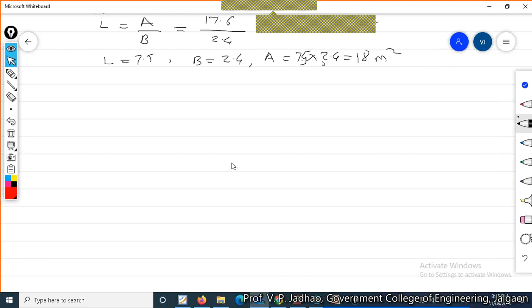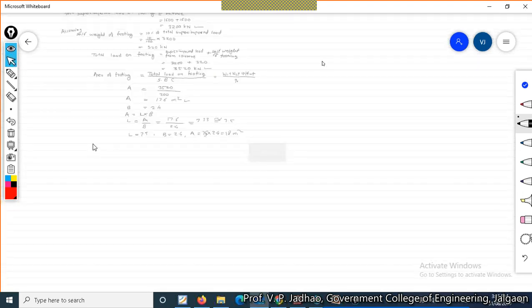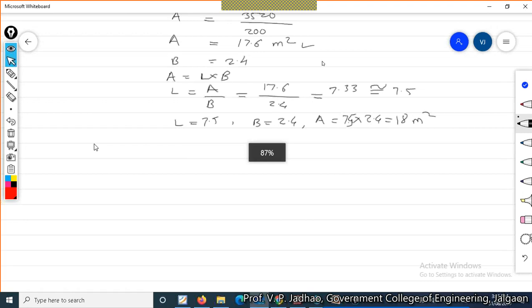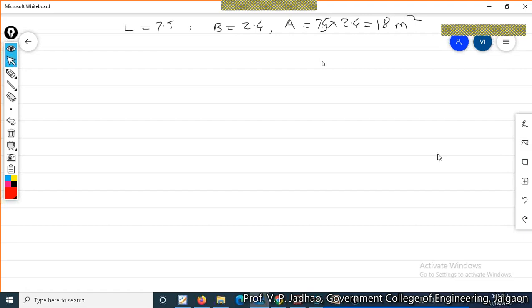Now, this is a rectangular footing having two columns with the same loads. Therefore, definitely the CG of these loads will be at the center between the two loads, at a distance of 2.5 meter from each load, and the centroid of the footing will be at L by 2. Now we have to reposition the columns and the footing location.